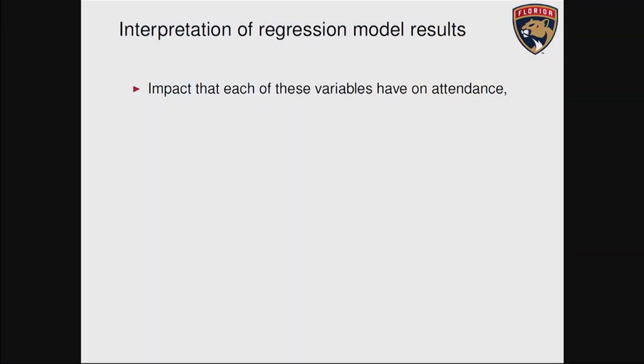We also included whether the two teams were in the same division, to attempt to account for whether the team is a rival or not, and whether they're in the same conference. Their points during the previous year, so how good the team was during the previous year, and how good the team was during the current year. This is a way to quantify team performance, and a few other things that I think we'll skip for now. And so we built a model that basically finds the impact that each of these variables has